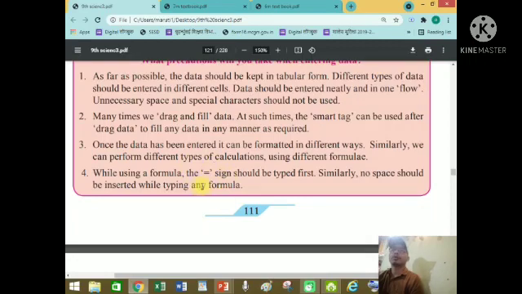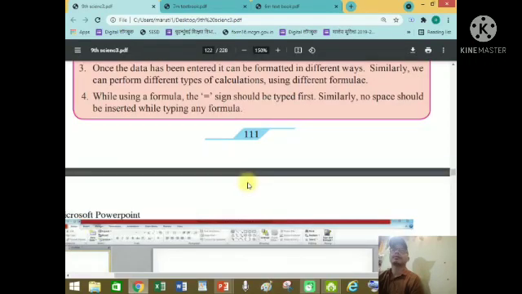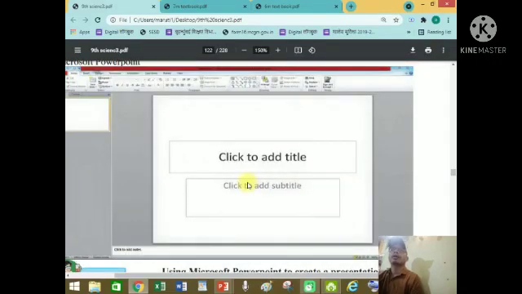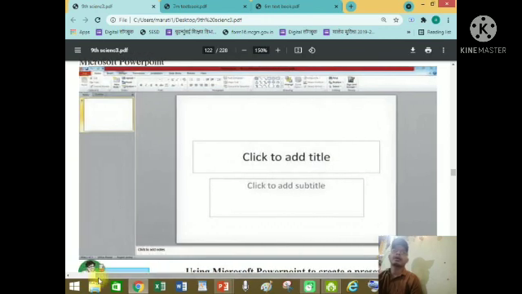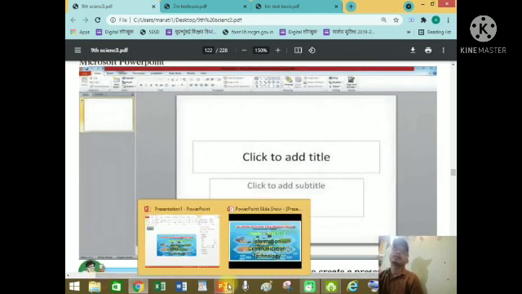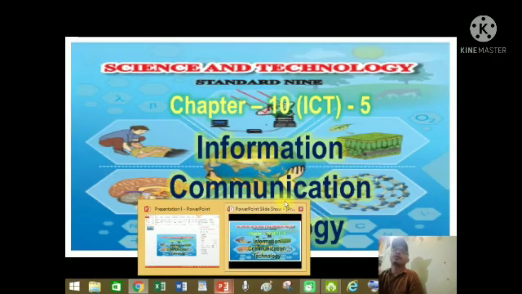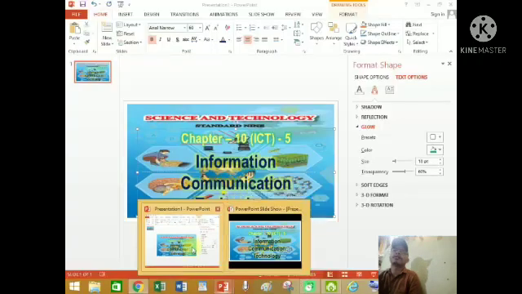Okay. So next, see this. This application is PowerPoint presentation. See this. I created my animation on your first page with the help of this application.